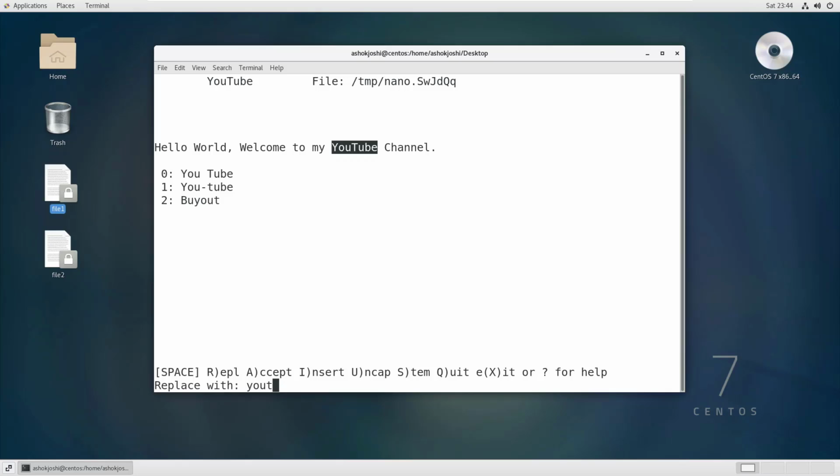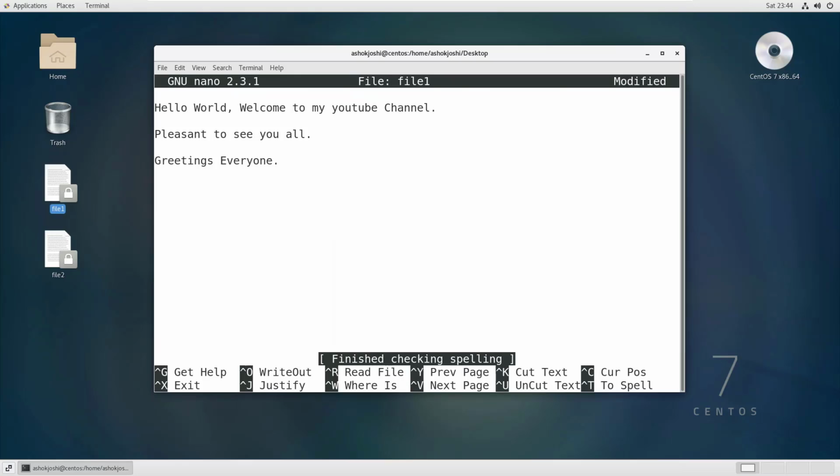And if I type YouTube like this and hit enter, now you can notice the YouTube is changed. In order to exit, use X. That's how you can exit out of it. So now you can see my YouTube is replaced. That's how you can use spell to check whether any spelling mistake is there or not.